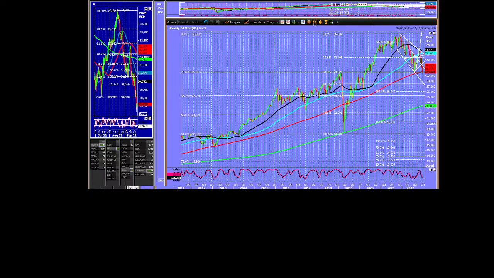I was one of the first to spot the double top in gold. Was I? Oh, I thought everyone would have seen that. I thought it was so bloody obvious.